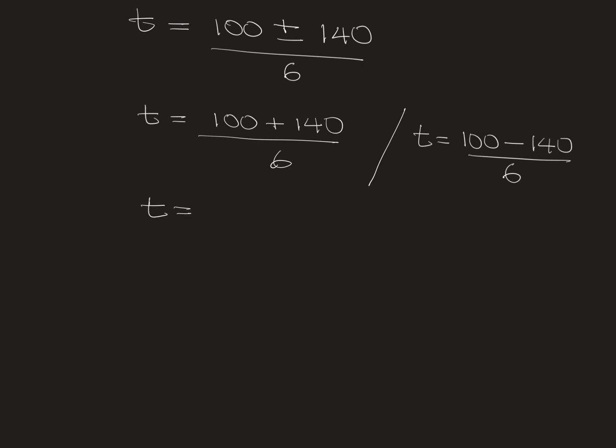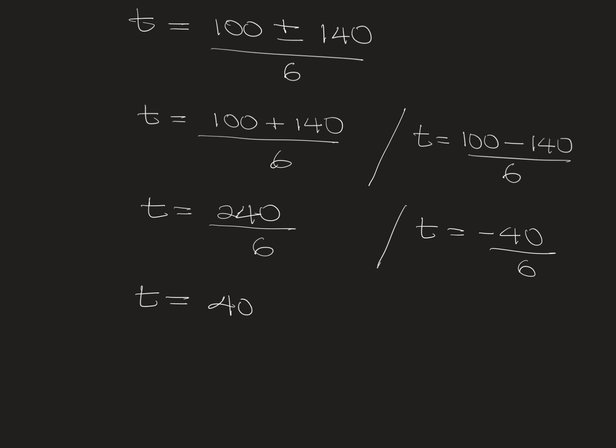So t is equal to 100 plus 140, which is 240, divided by 6, or t is equal to 100 minus 140, which gives minus 40 over 6. So t is equal to 240 divided by 6, which is 40, therefore t is equal to 40 seconds, or t is equal to minus 40 divided by 6, which gives minus